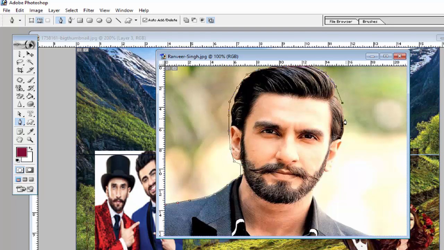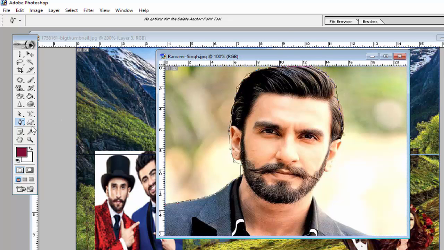And if I want to delete some anchor point, like I don't like this anchor point here, no need of this anchor point, you can delete the anchor point which is created by you. Just use the option delete anchor point. Go, select delete anchor point, and go where that point you want to delete. I want to delete this point, click here. I want to delete this point, click here. So you can delete any anchor point you do not like, by clicking on that anchor point.